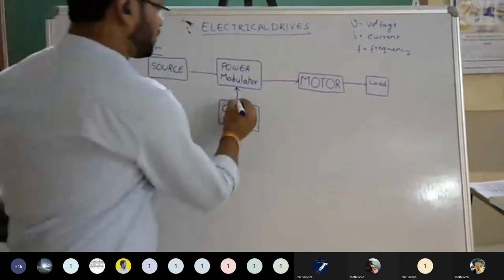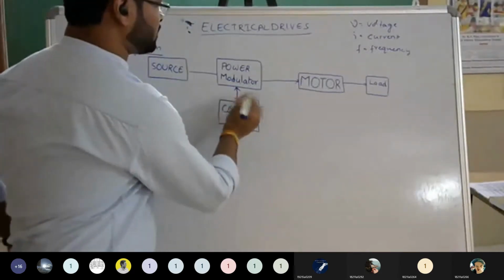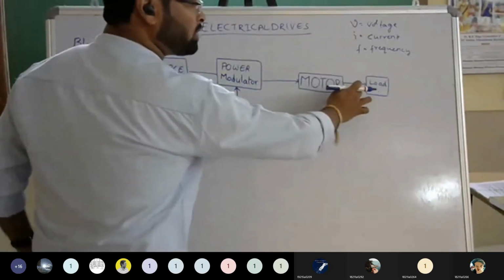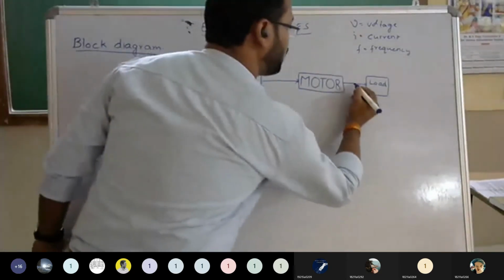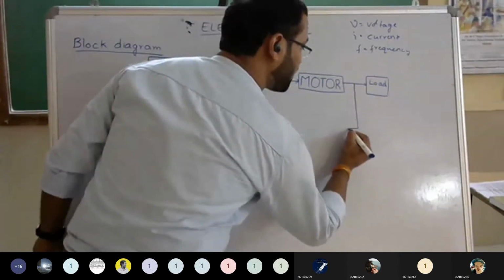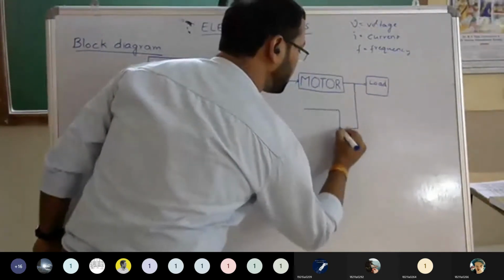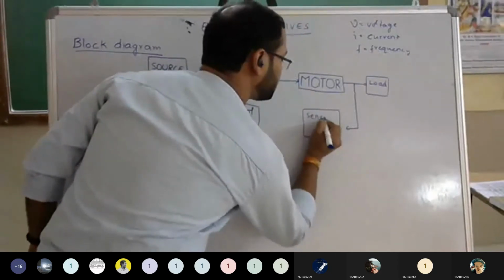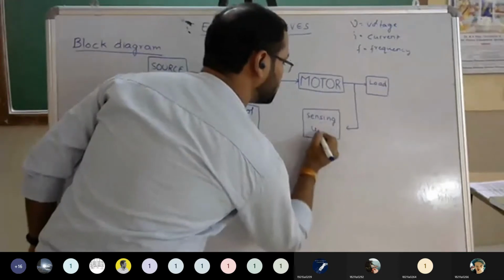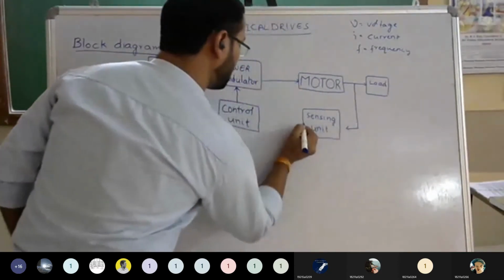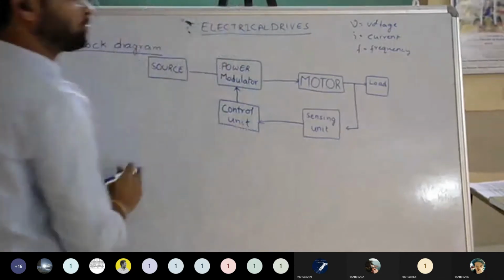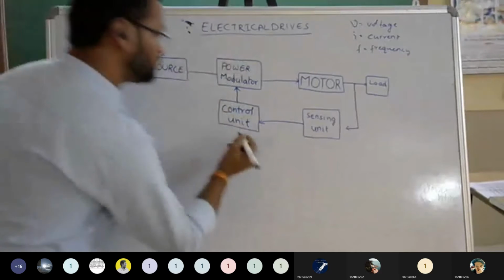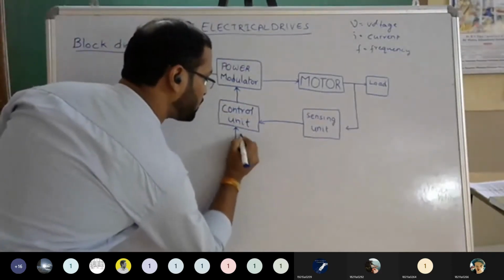And how much it has to control, how much current has to be sent, how much voltage has to be given to increase the speed. To understand that, first we have to understand how much speed is required here. So we will sense the voltage, how much is available here, or whatever the parameters of the drive. So we want one sensing unit. Okay, so this control unit, we have to give some command: you do this, you do that. So we want to give one input command.